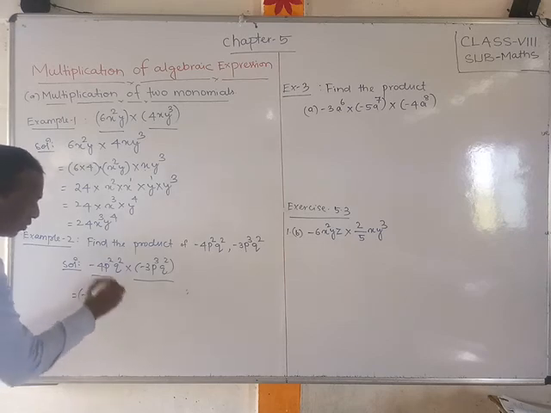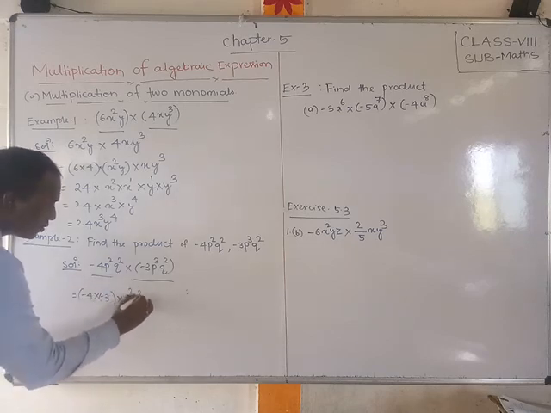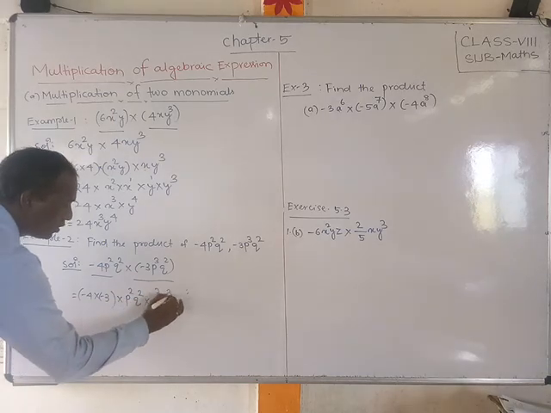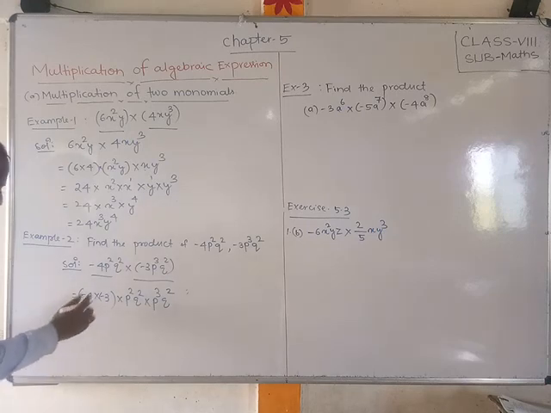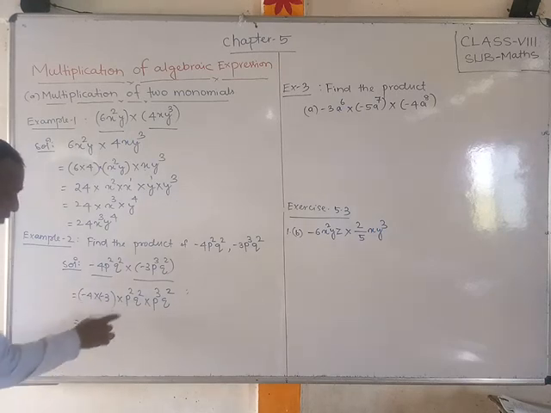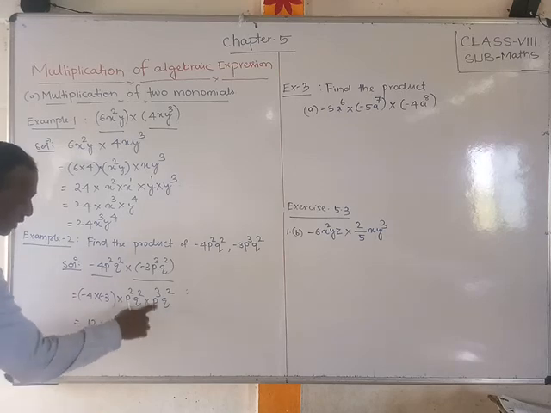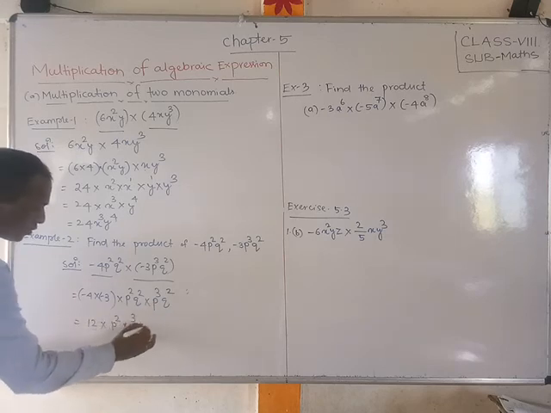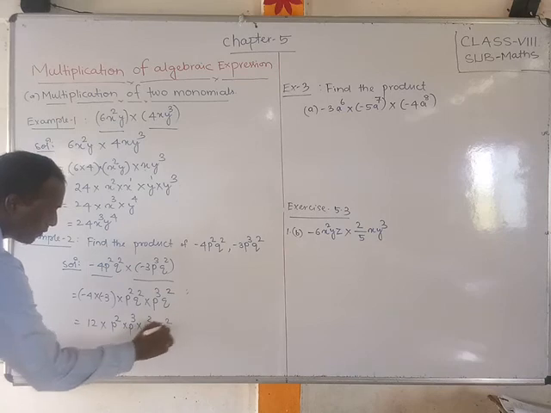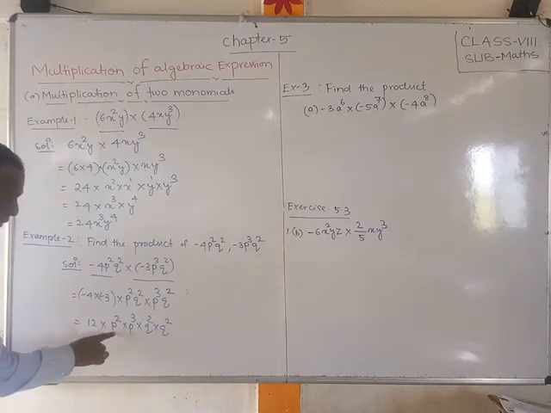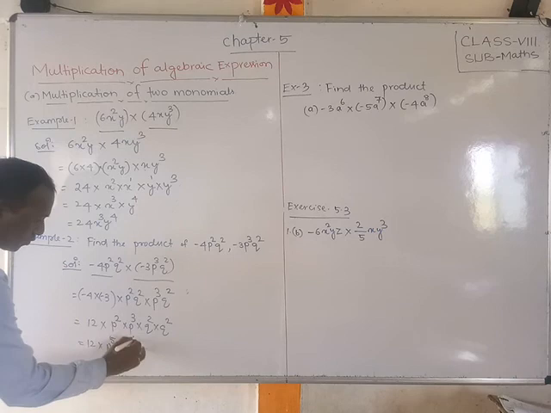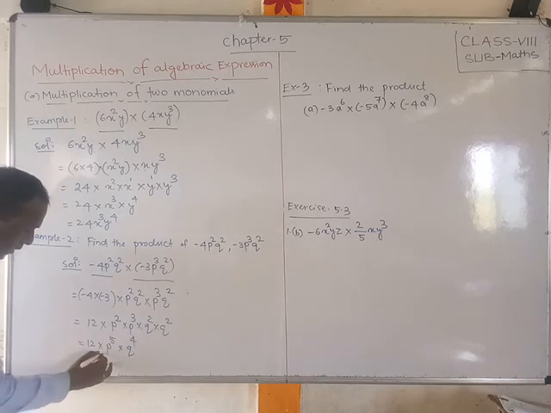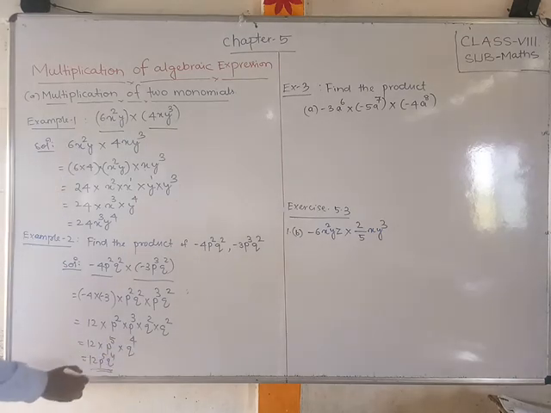Okay, write down that p square into q square, p cube into q square. So it is equal to minus minus means plus, 4 3 is 12 into, first write down p square, here p cube, you write p cube into q square, is equal to 12 into p square p cube, p5 will come because 2 plus 3 will add, into q square, q also is there, q4 will come. So 12 p5 q4, this is our answer.